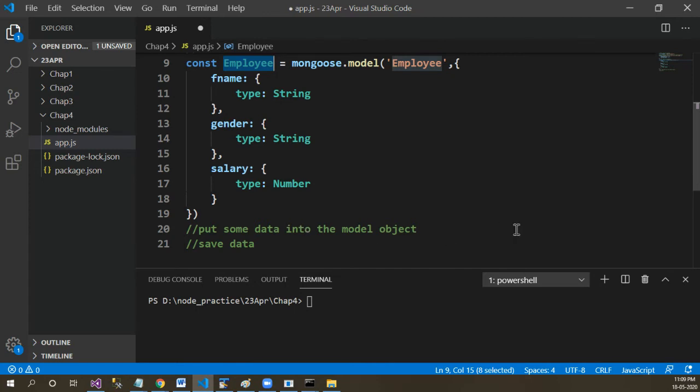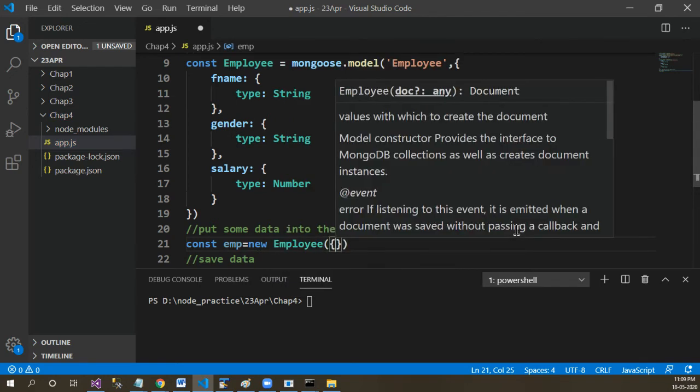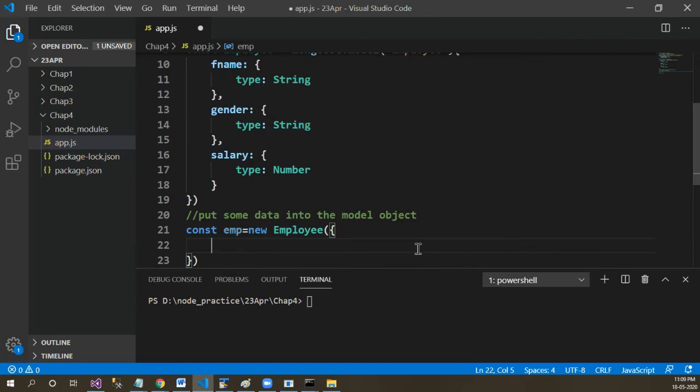Now next step is to put some data within it. So let's do that. const emp is equal to new employee, and within this employee I will provide some sample data. So I'm putting first name as say Rajan, comma, let's put gender as male, and I'll put the salary as some salary.